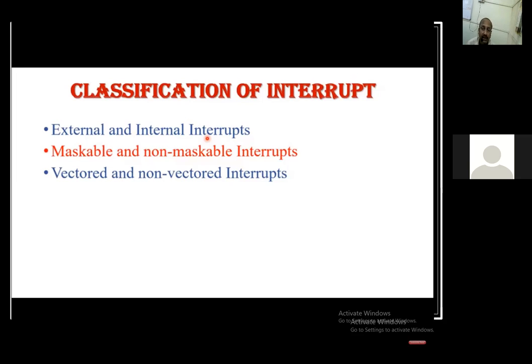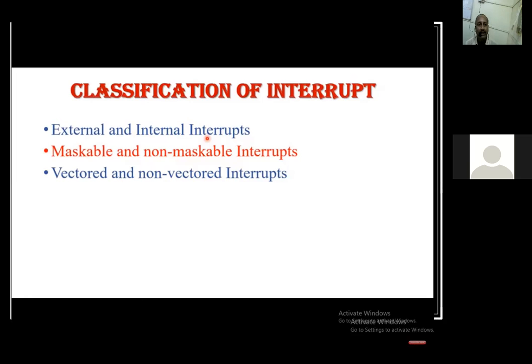That can be decided by the user by programming. Say only interrupt one has to work and all others have to be disabled. To disable is called the masking of the interrupt, and that can be done through programming only, through software control only.